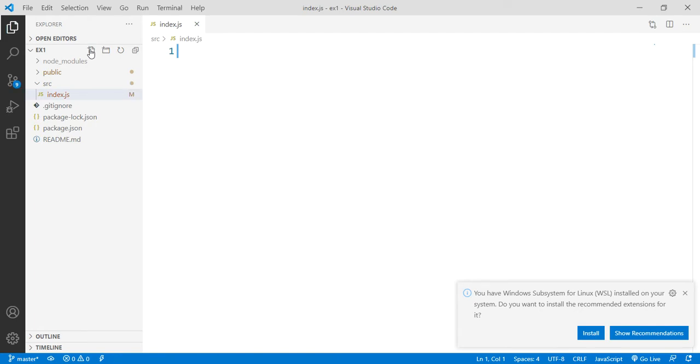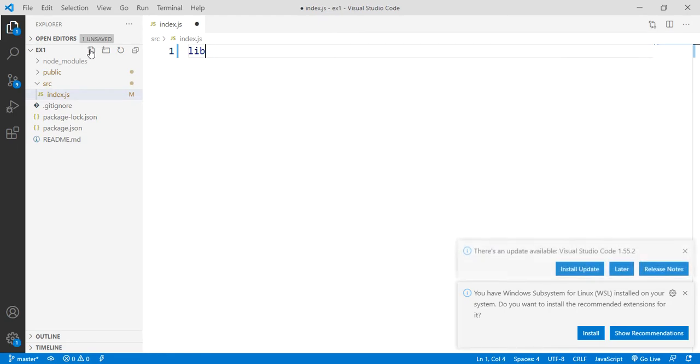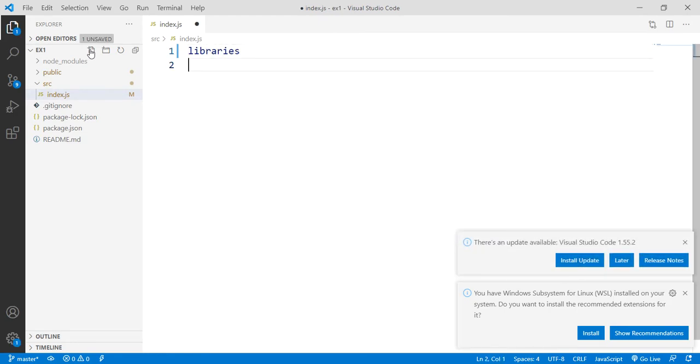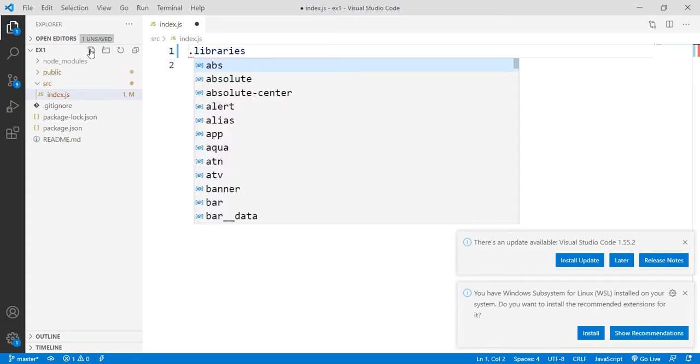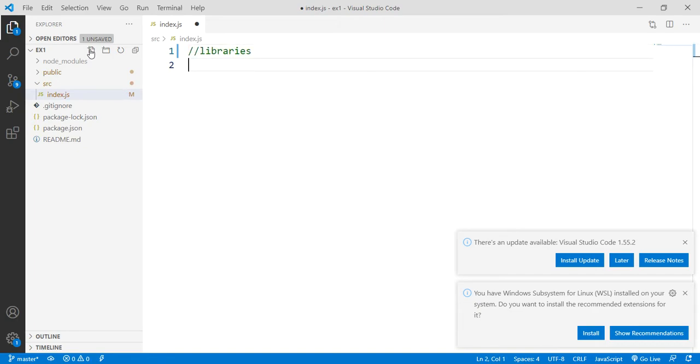Can you tell me what the code is? First, import the libraries. What is the first step, sir? Import the libraries. Next, create the components. And finally, display.